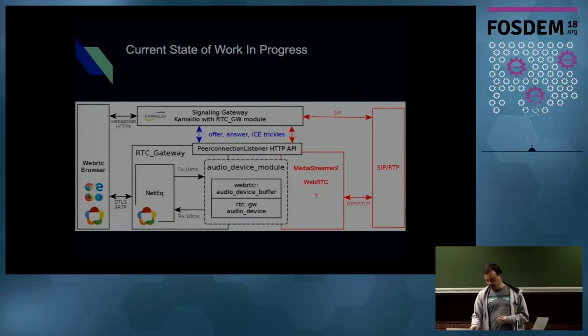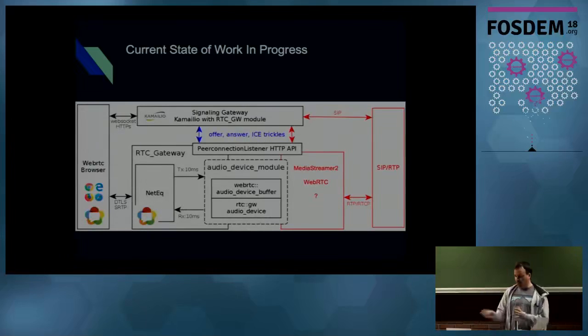What I'm highlighting here is that there is a standard interface, the audio device module, that can be used to access the media in real time, both on the transmit and receive side. It's like a sound card. In fact, for them, it's a sound card interface. Behind that, you have OpenSL, ALSA, all of these things. So they have an interface where you can take control of the media, but the decoded media only, though. So there may be a limitation here. And then what's in red is a potential candidate for bridging the call.